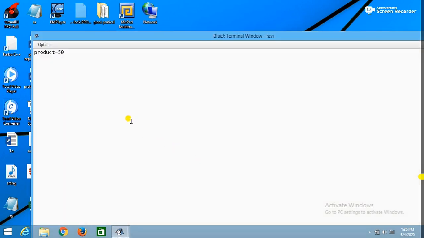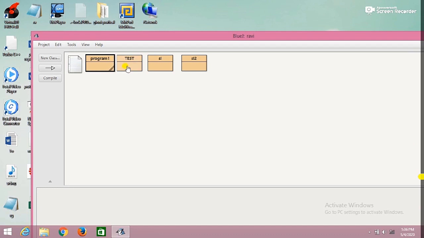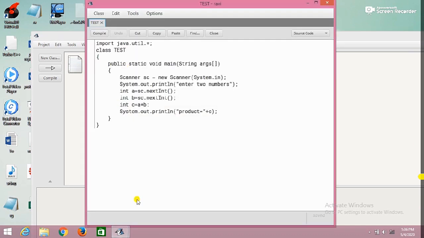Now if I have to take the values from console, that is from the keyboard, the same program is written through the console. You can see I am taking the utility package from where these classes like scanner, vector, date and time, we can use them for our utility purpose. This scanner class is used to take the value from keyboard. In the last example you saw the values were constant, 10 and 5, but here we can take the values